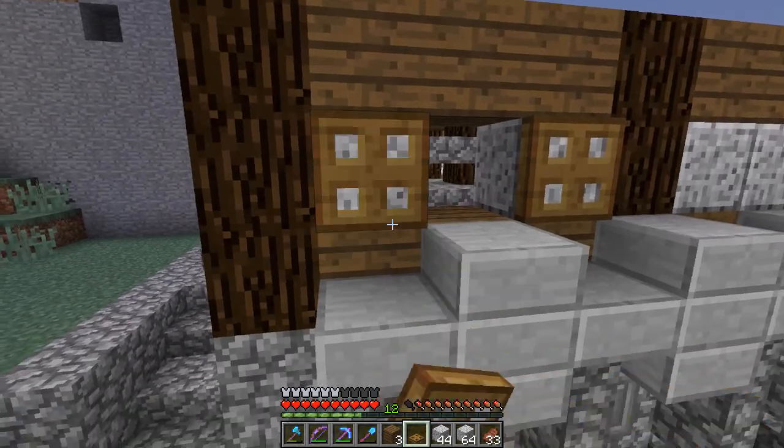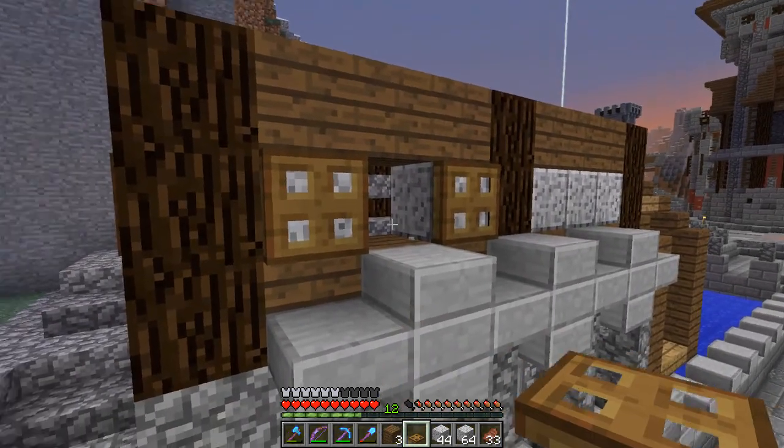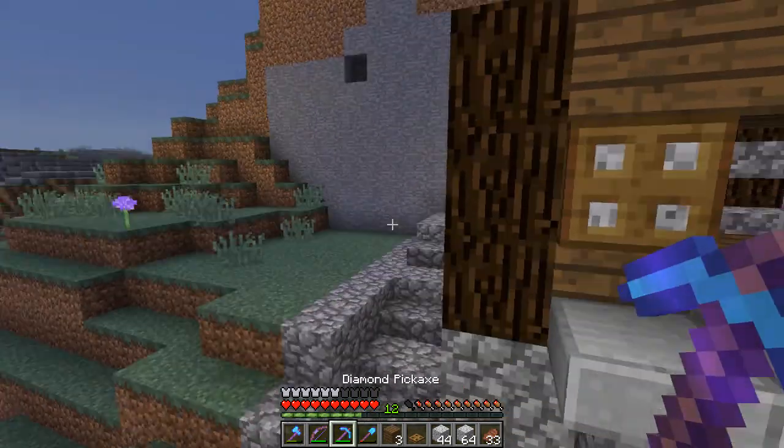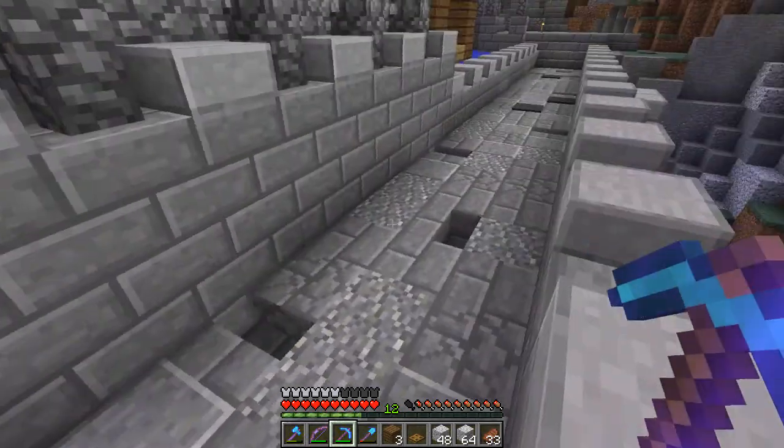Flick that up. Flick that up. Okay. And we won't bother with those on there. I might put a window pane in as well. I think they used white stained glass over there. And if that's the building style...